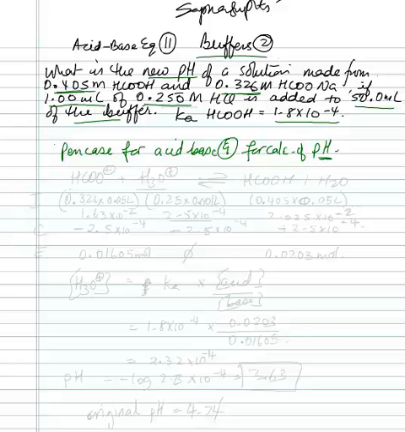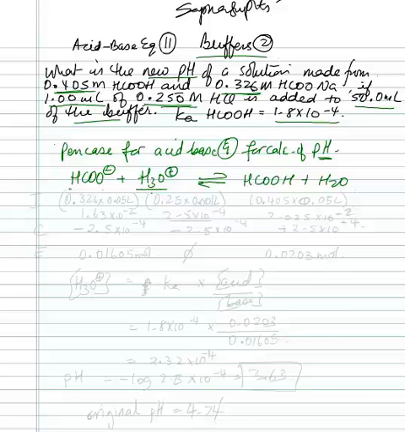So if you need to look at how to calculate the pH of this kind of system, you can look back into that. Alright, so here is our equation, HCOO minus plus H3O plus to give us the acid and water. Why did I write it this way? It's because I'm adding acid to the buffer. So if I'm adding acid to the buffer, acid has to be on the left hand side. If acid is on the left hand side, then on the left hand side I also need the conjugate base, right, which is